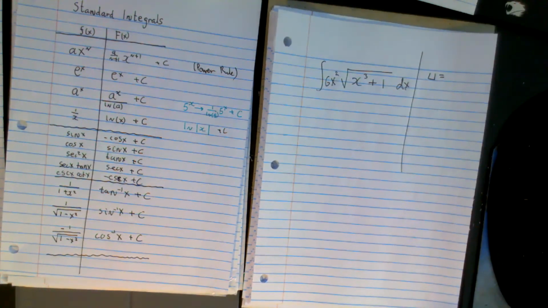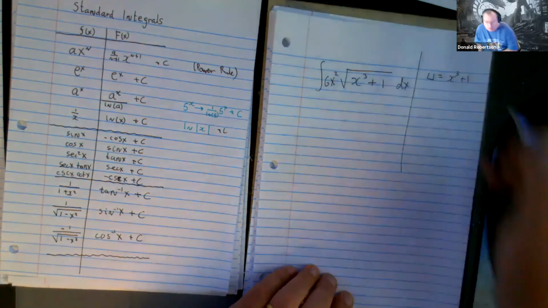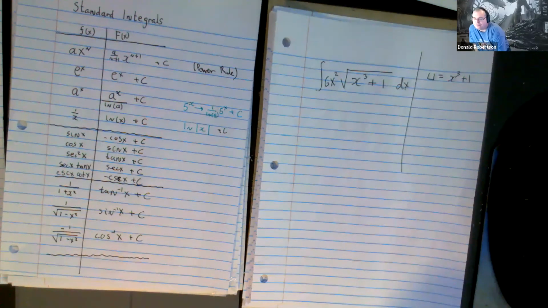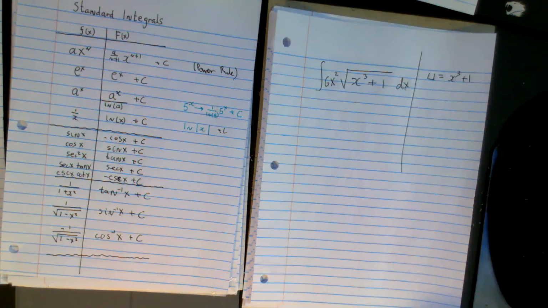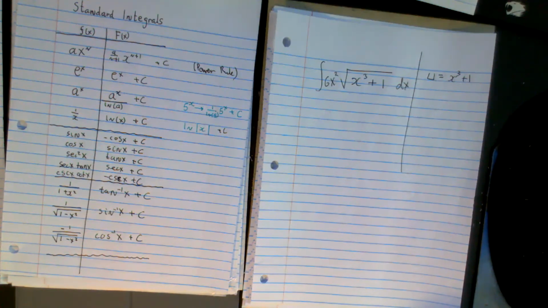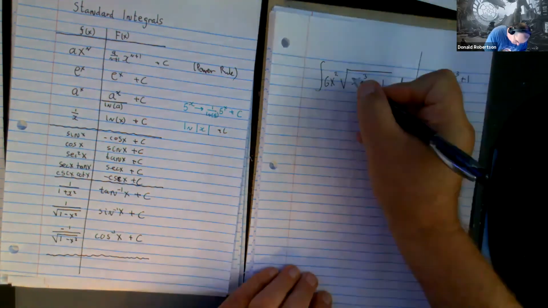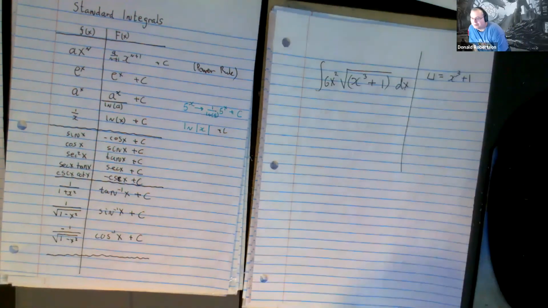X cubed minus 1. Well, yeah, the plus there, but my grade. That one. That is the right one. Why did you choose that one? It is the ugliest looking part of the question. That is a very, very good way of describing it. Look for the ugliest bit of the thing. And it's typically, although it's not got brackets around it, imagine there were brackets around it, and 9 times out of 10, that's going to be the best way to choose the